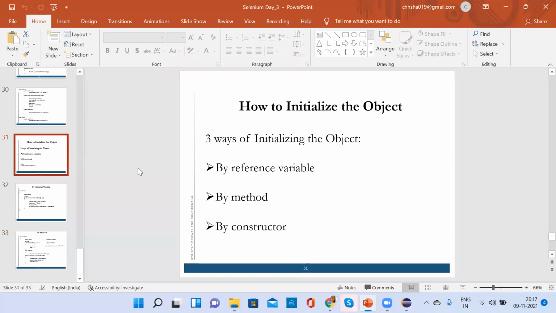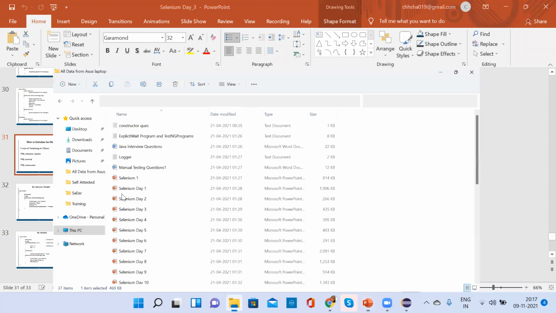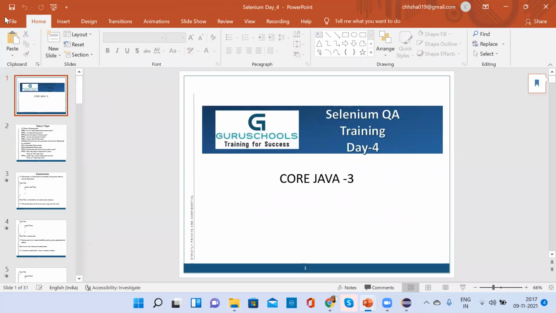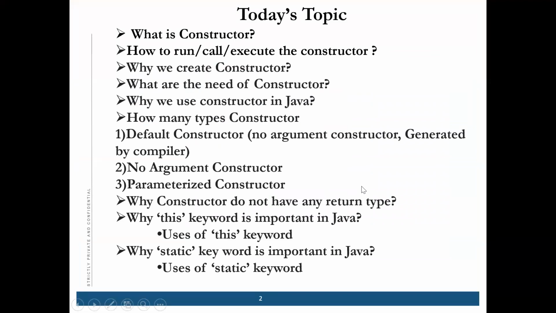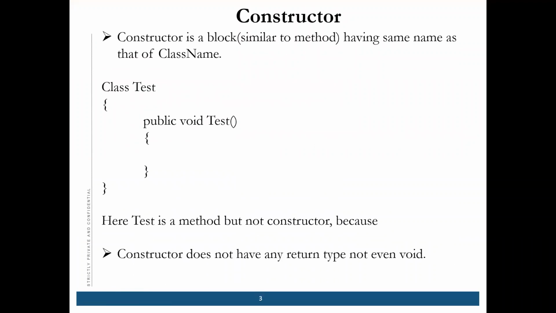Now the third is by constructor, correct? So these are the topics which we will cover. With the help of a constructor, how you can create it.